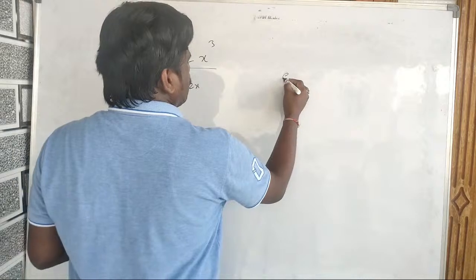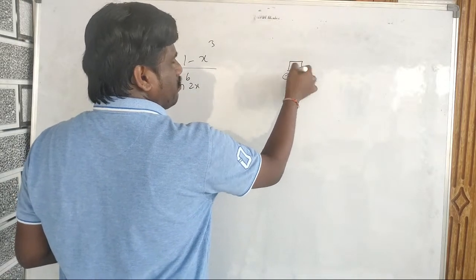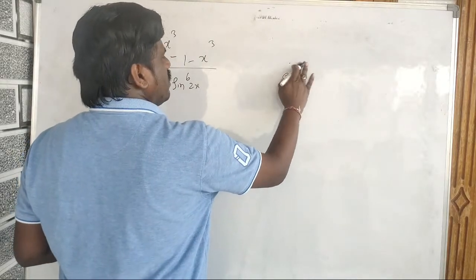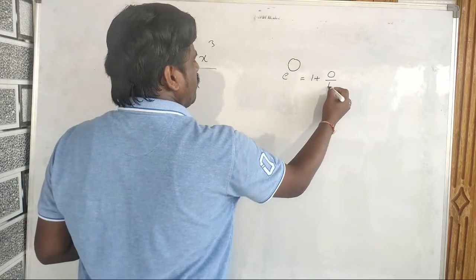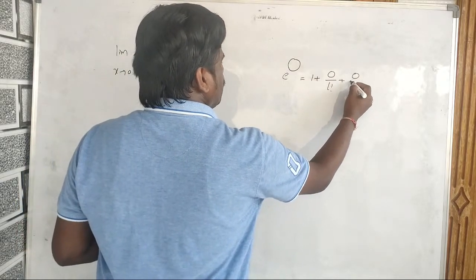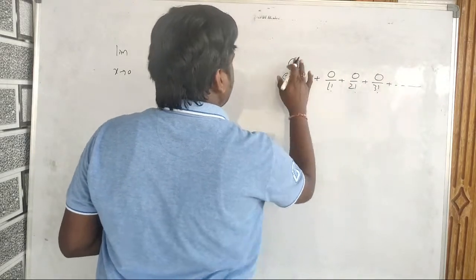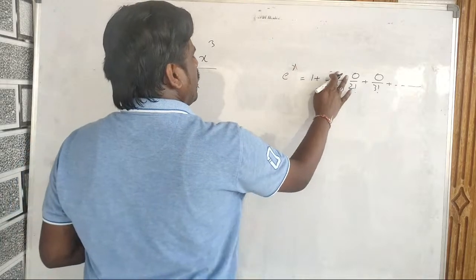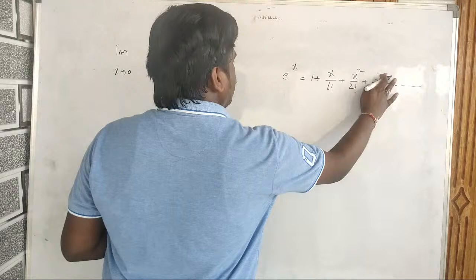So the e power x expansion. What is it? If you have e power something, then it is 1 plus something by 1 factorial plus something by 2 factorial plus something by 3 factorial plus so on. Like if you have x, you get here x, here x square, here x cube, like this. Correct? So here e power x cube will be